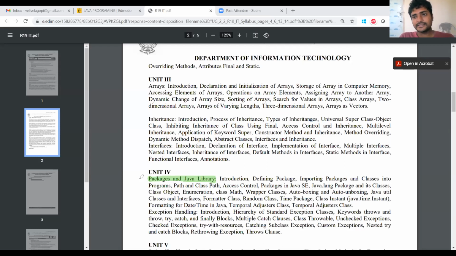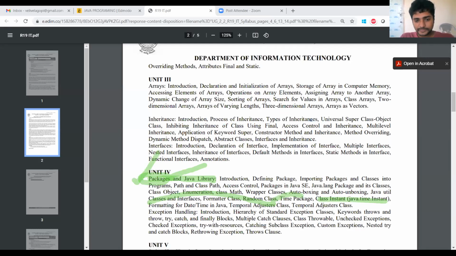Classes consist of class members, which are variables, methods or interfaces. This is the basic introduction about packages.